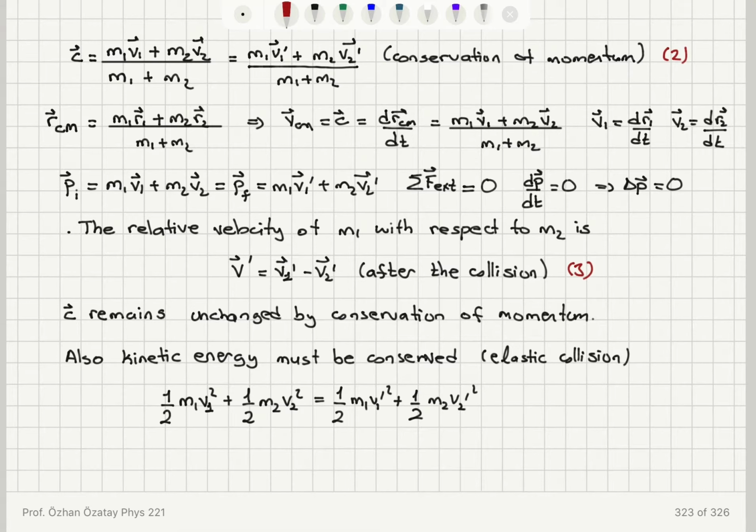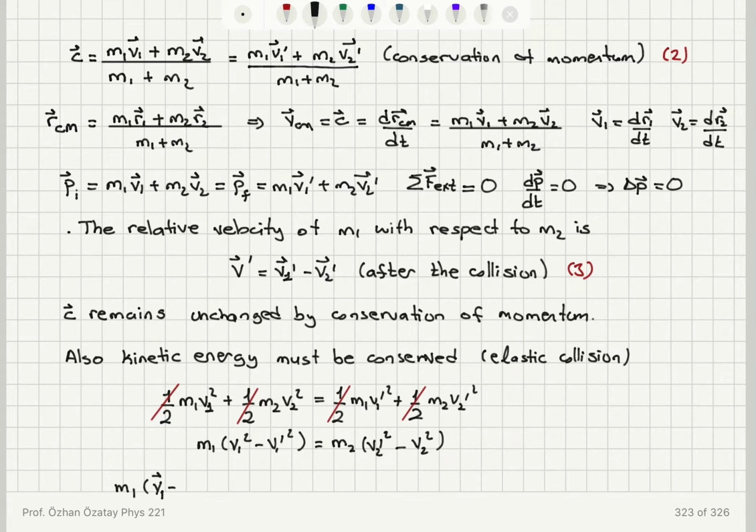So we see that the 1/2's will disappear, and this equation can be written as m1 times (v1 squared minus v1 prime squared) is equal to m2 times (v2 prime squared minus v2 squared). So this we can expand as m1